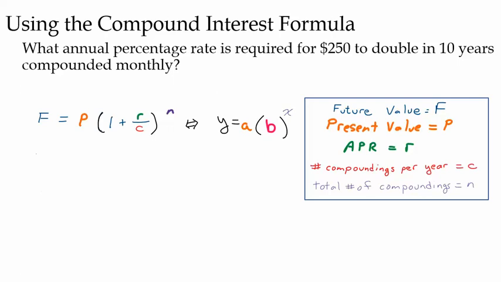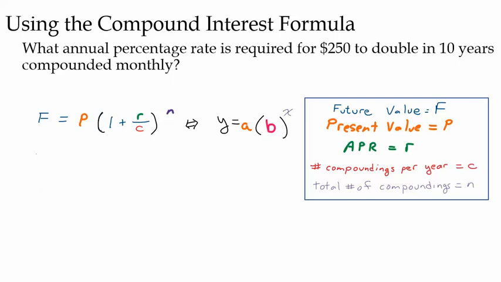In this video, we're going to look at using the compound interest formula in order to find the annual percentage rate required to accomplish some task. So in this problem, it says, what annual percentage rate is required for $250 to double in 10 years compounded